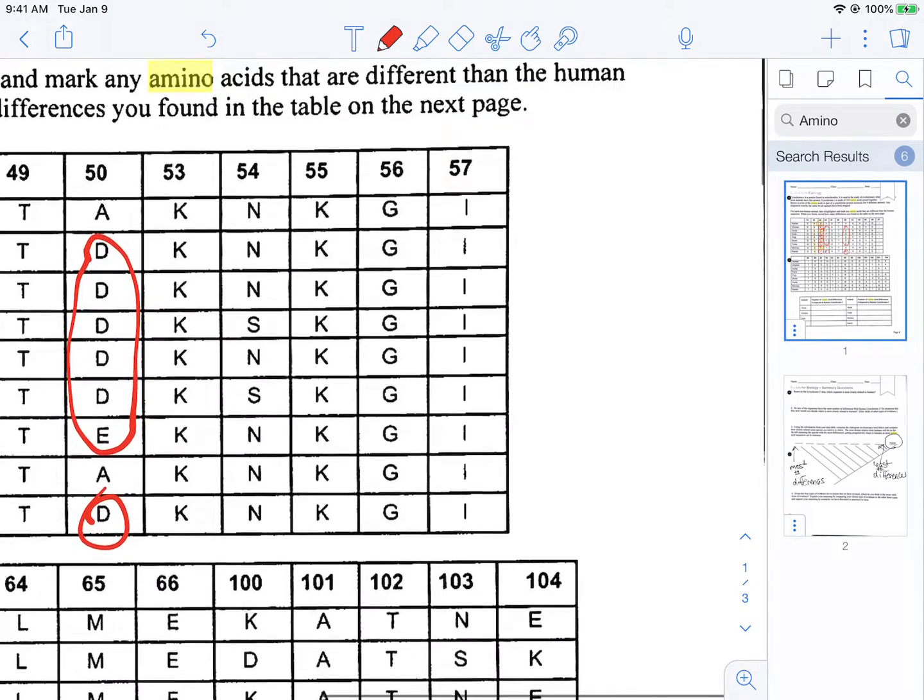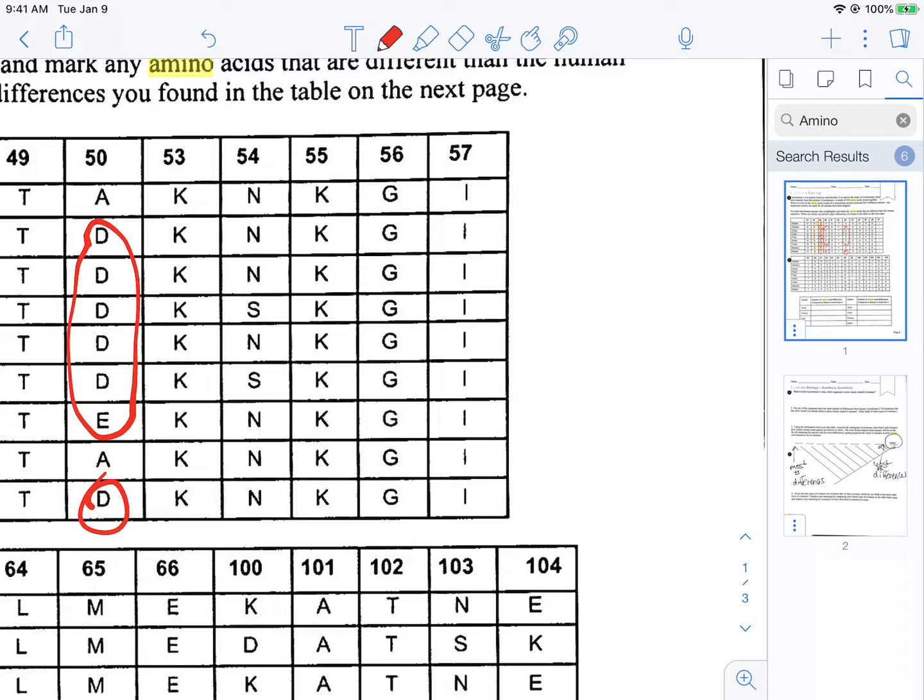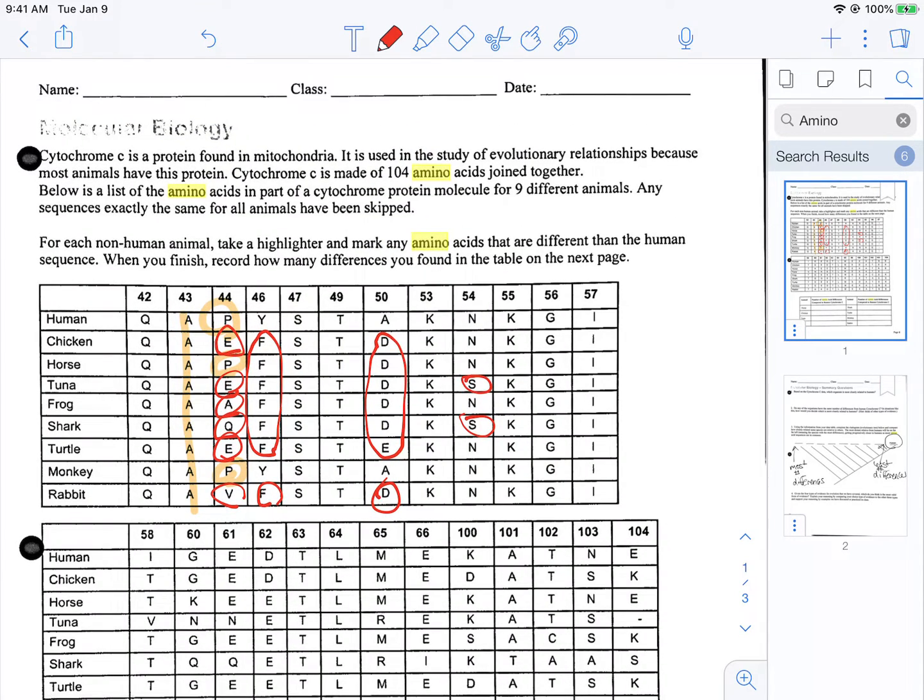And then everybody else is the same. And then this is different. This is different. And everybody's got K's. Everybody's got G's. And everybody's got I's. So here's what we're going to do. For the first